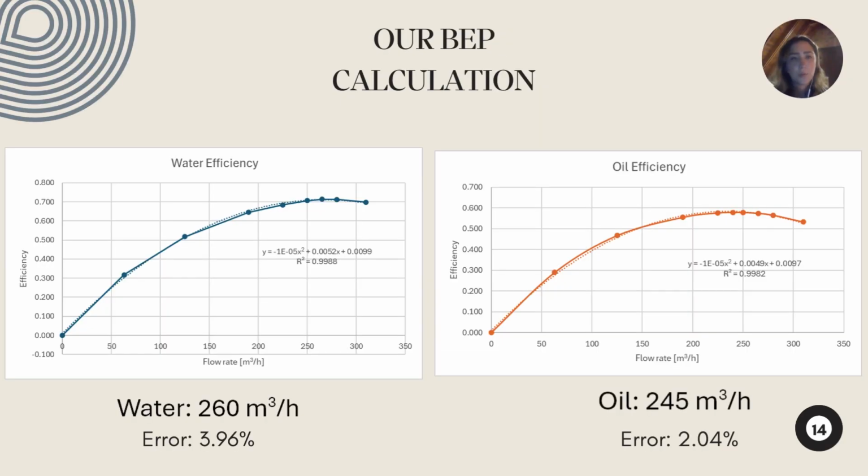To calculate our BEP, we simulated the flow rates shown before plus some extra to get a better fit. We plotted the flow rate versus the efficiency, and in the graphs we can see the adjusted curve we obtained. The R squared of both graphs was 0.998, which suggests that the model can explain almost 100% of the variability in the observed data. By finding the maximum value of the curve, we obtained a BEP of 260 cubic meters per hour with a 3.96% error for the water,